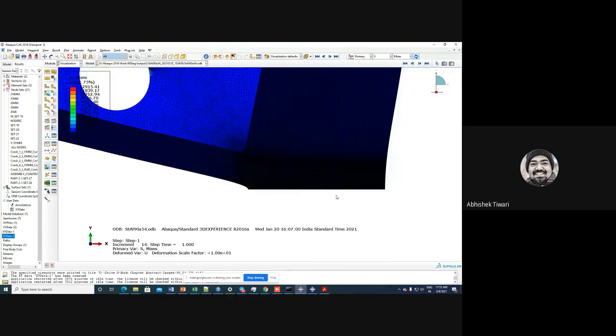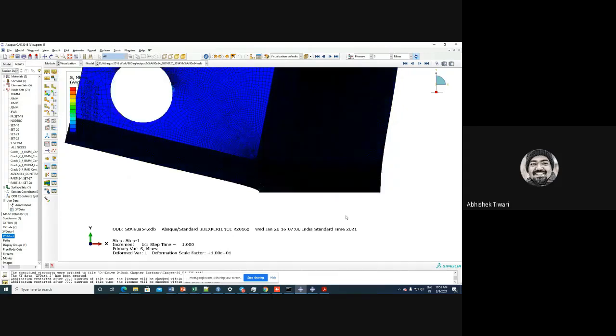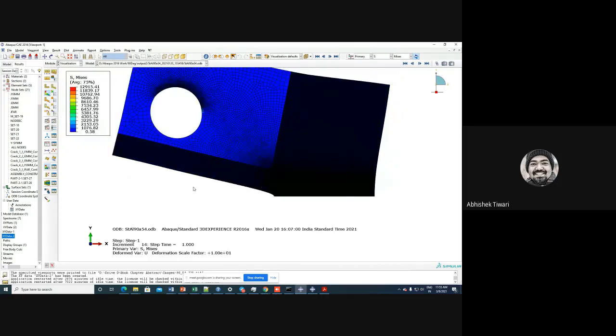I hope it makes sense to you. So try to just model it with a very coarse mesh, because your laptops might not take that much amount of load. And try it. We'll meet on Friday. We'll discuss more. Any question?